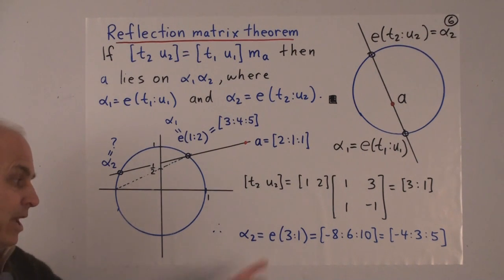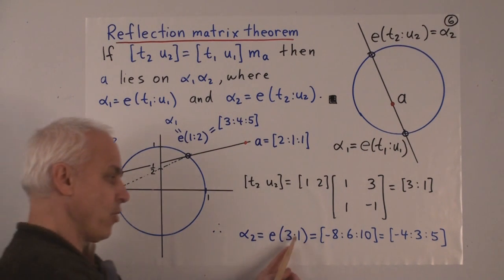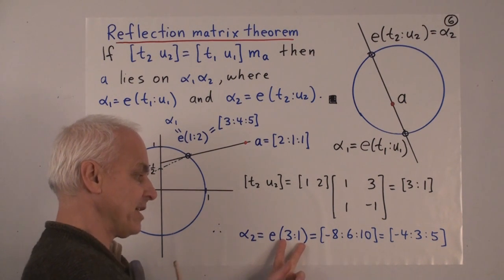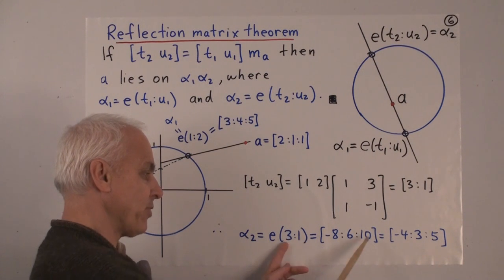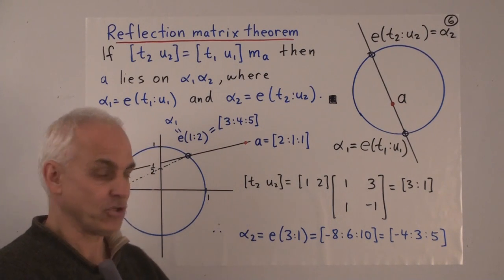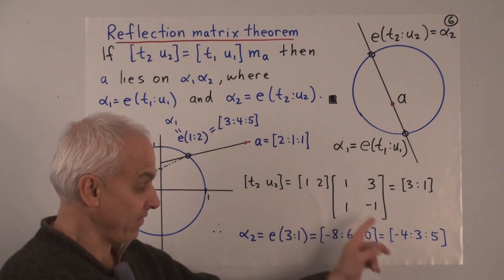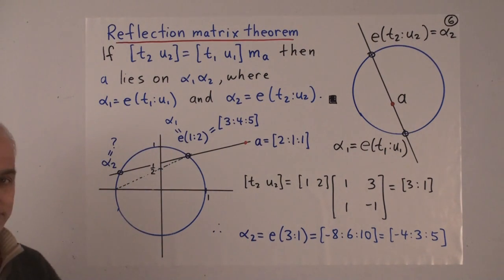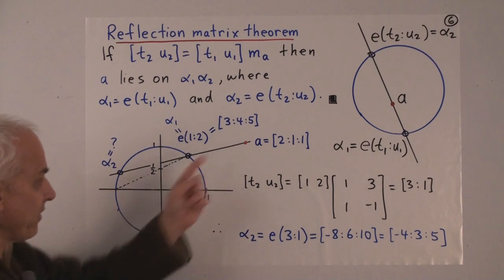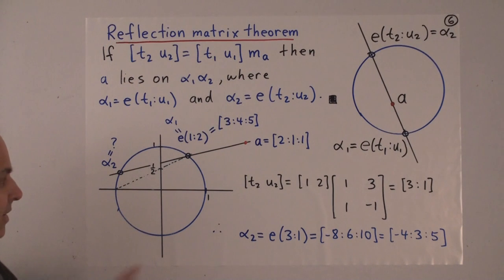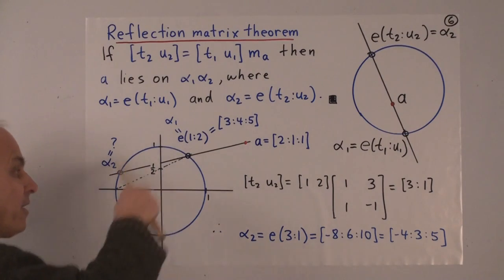And how do we calculate that? 1 squared minus 3 squared is minus 8. Twice the product is 6. 1 squared plus 3 squared is 10. And since it's a proportion, we can divide by the common factor 2, because we don't like to have any common factors, giving us minus 4 to 3 to 5. That's the coordinates of that point. That's the reflection in A. So we've reflected in the point A. The reflection of that point is that point. This matrix is telling us how to reflect in the point A on the null circle.